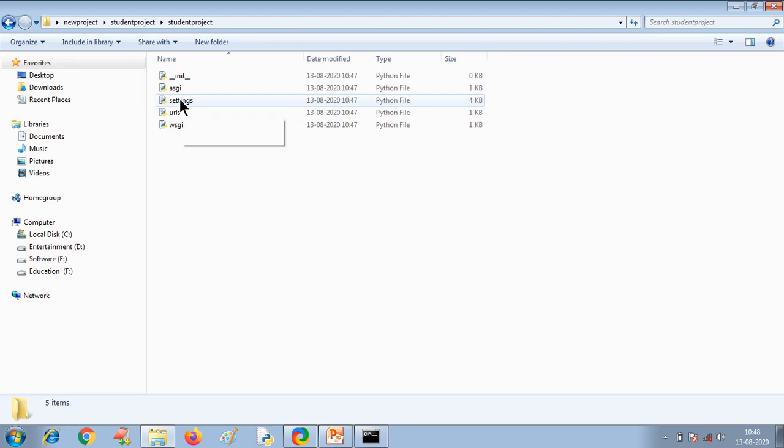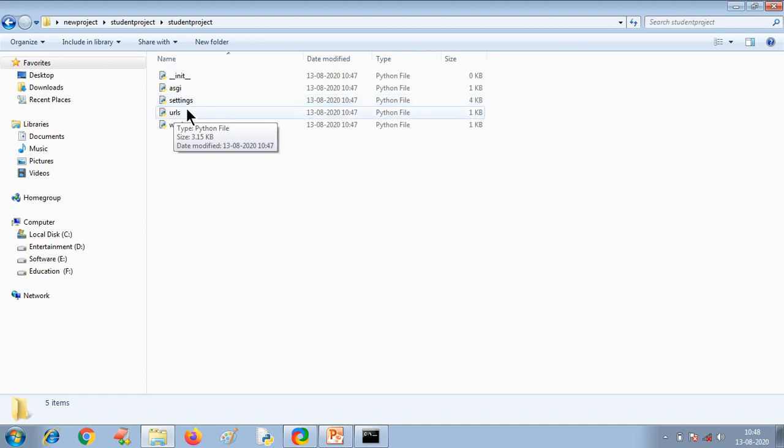Suppose you want to change a default path to the images folder, you need to specify here, right? And all the default packages, the default objects which are used in Django framework are also specified here in settings.py. You can go to that settings.py and check all these things.